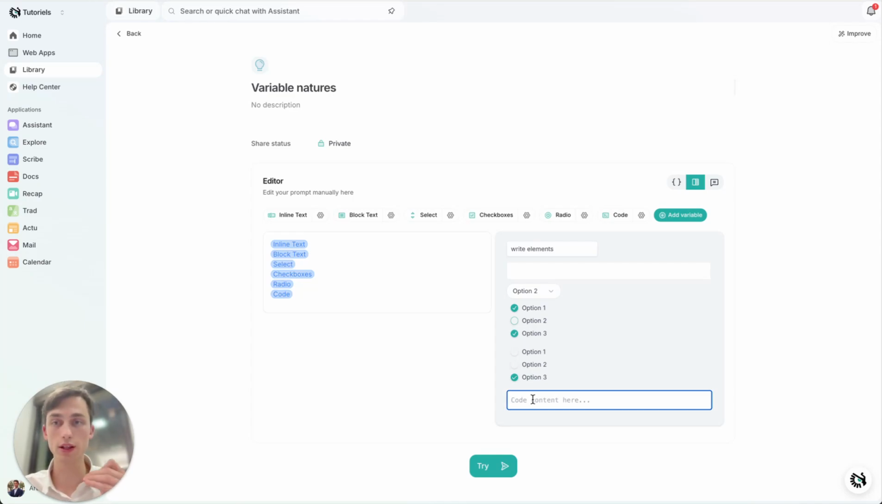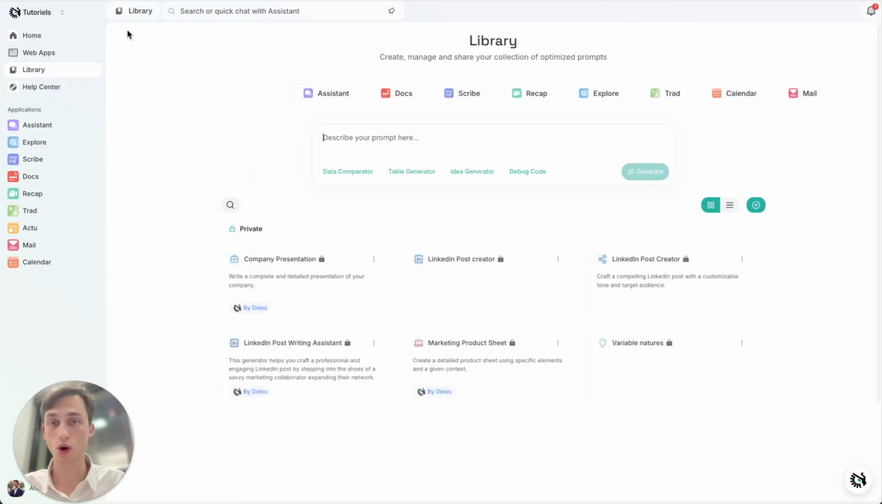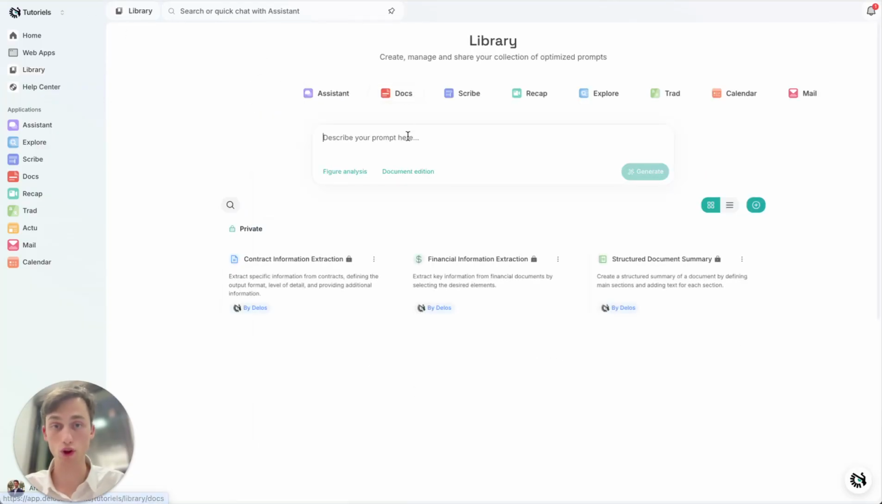These are the only 6 variables that you're going to want to remember. Once you have noted these 6 different types, all you have to do is tell what you want. So going back to my Docs, if I want to recreate this financial information extraction, I'm just going to describe it. I want a prompt that allows me to extract financial data from reports,